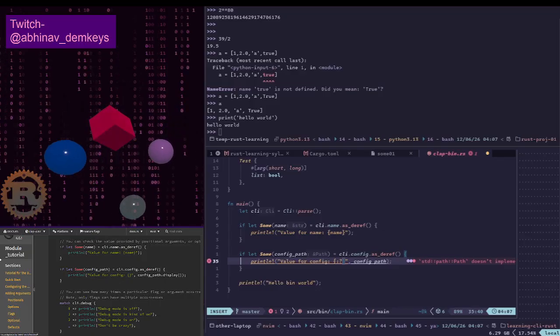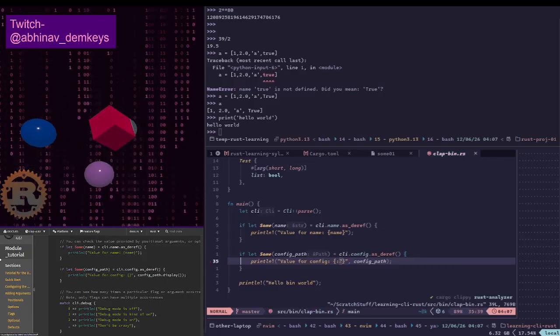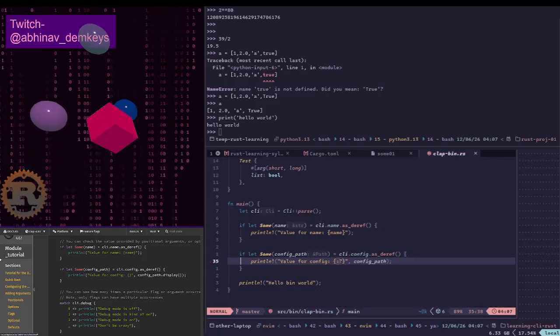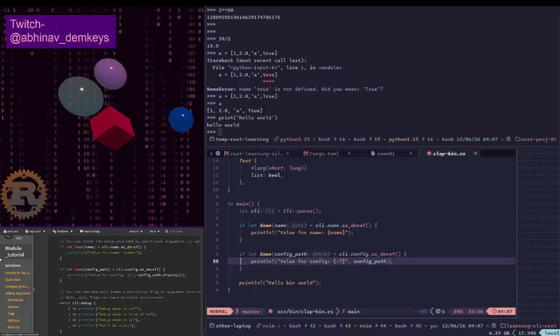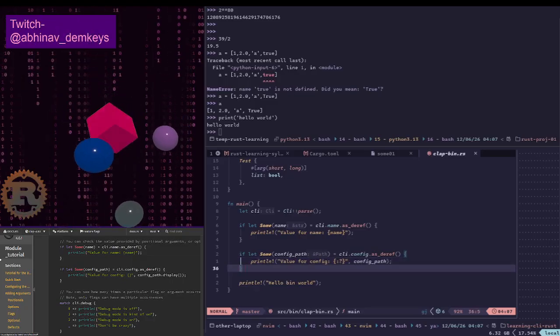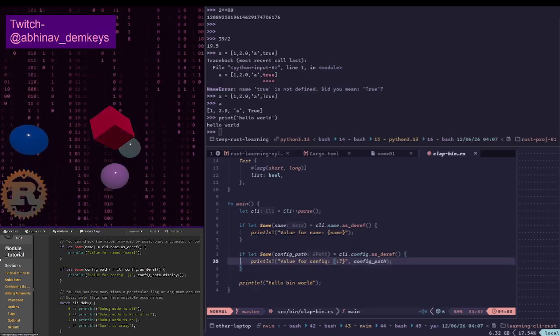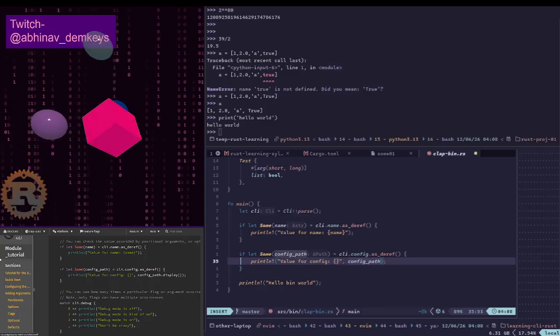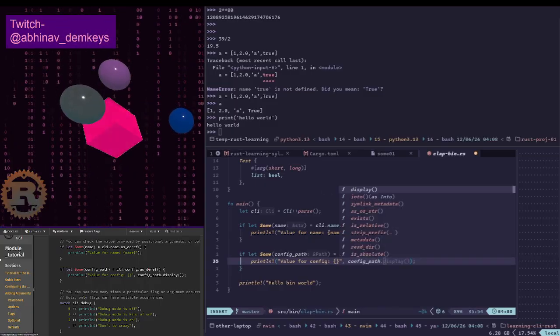And that often solves the issue. I guess I'll just go with that. Though with display, actually the thing is,